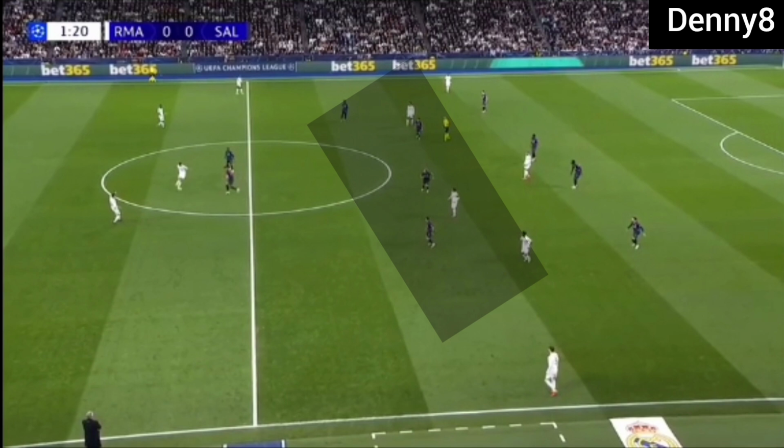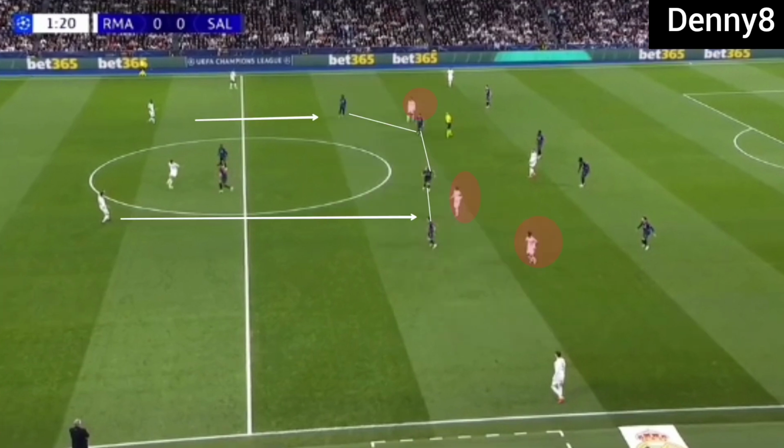On the other hand, due to Salzburg's midfield operating narrow, Real Madrid's between-the-lines players were not able to receive the ball. Also, due to Salzburg's frontmen pressing Real Madrid's centre backs man to man and not giving space to Real Madrid's pivot, Real Madrid were not able to build from the centre. You can see here that due to Salzburg's midfield operating narrow, Real Madrid's midfield was not able to receive vertical passes, and so Real Madrid were forced to build the game from wide.